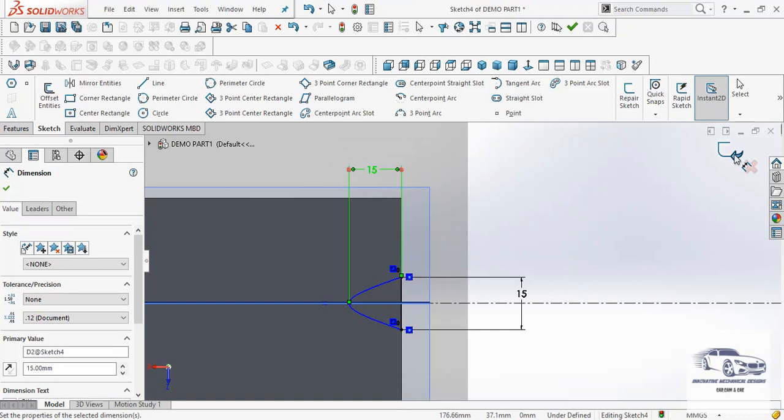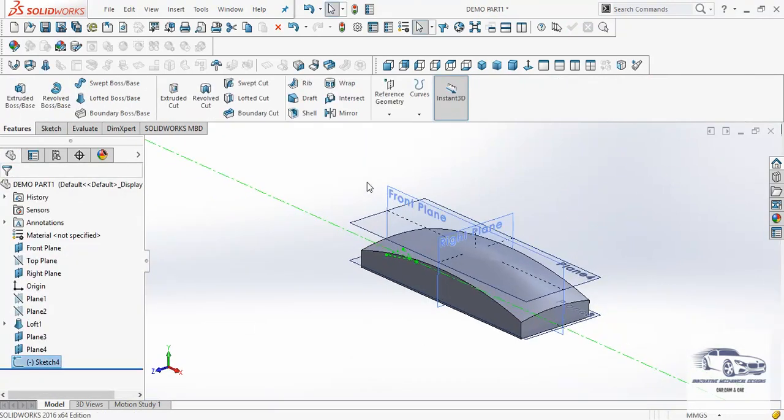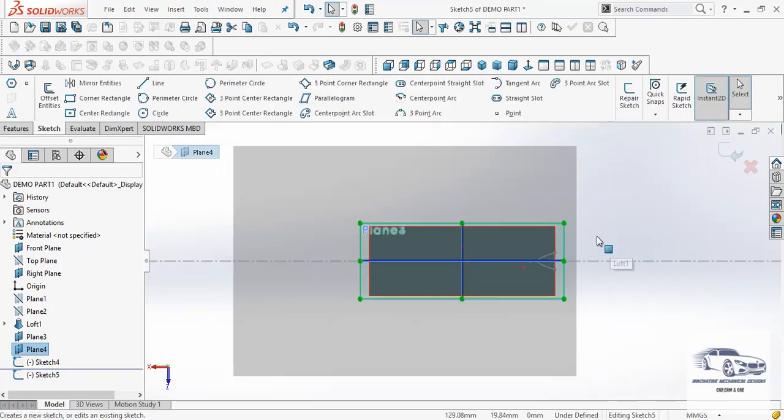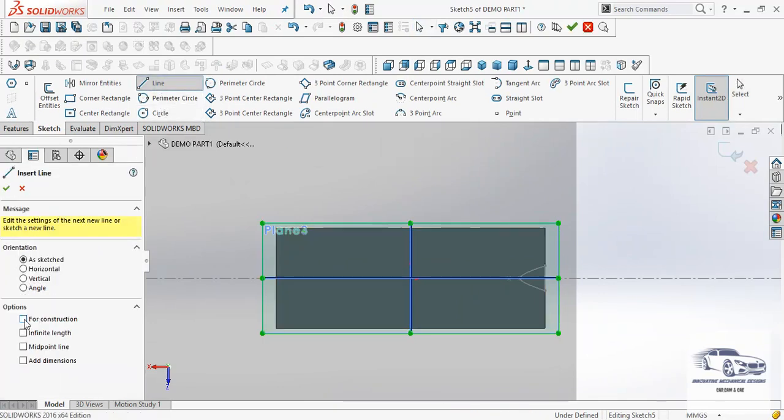Then exit from the sketch. Next we have to create the second sketch in a similar manner by using this particular plane. So again I will create a first infinite line.